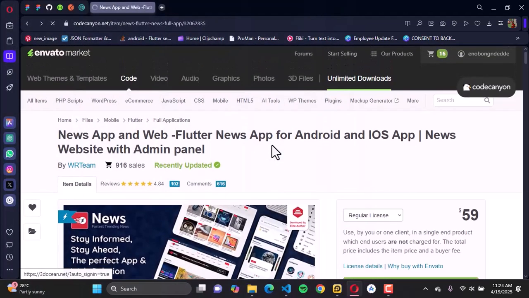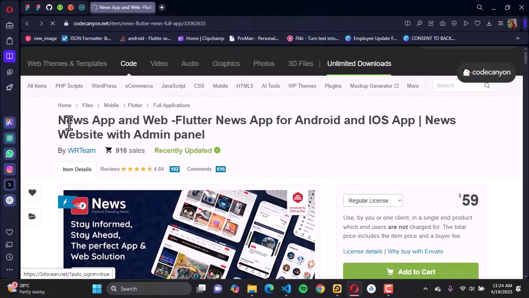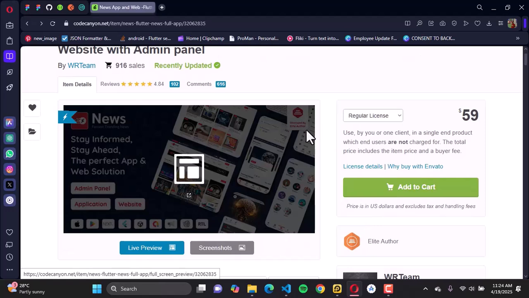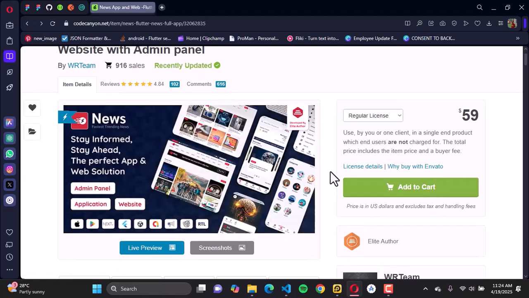Today I'm going to be walking you through how to install this script called News. It is a news application, a web and Flutter news app for both Android as well as iOS. So you have your website as well as your admin panel. Okay. So the first thing you want to go ahead and do is to